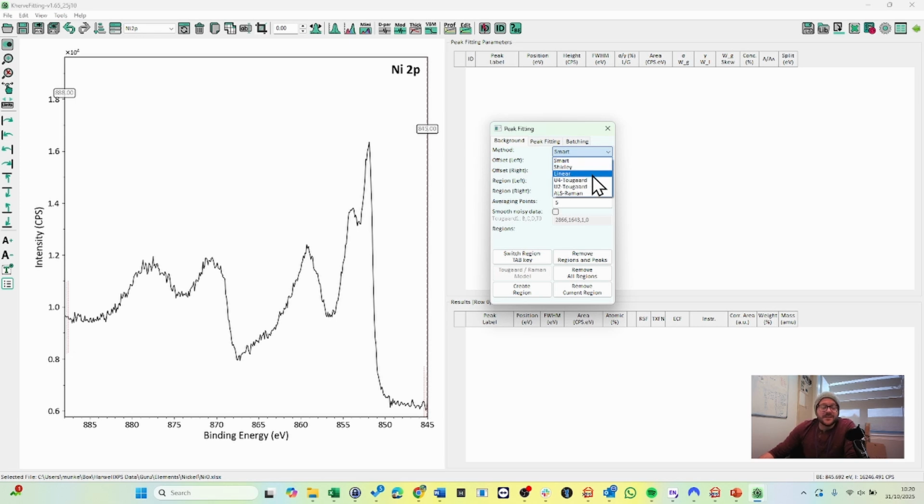Linear is probably not something you would often use. It's good for polymers if you're looking at carbon and oxygen, but in reality the Shirley background does exactly the same thing, so you might as well just use the Shirley, or in this case the Smart, as that's more or less doing the same function as the Shirley as well. There's the U2 Tougaard background as well, which we'll go into in a bit more detail in a bit,